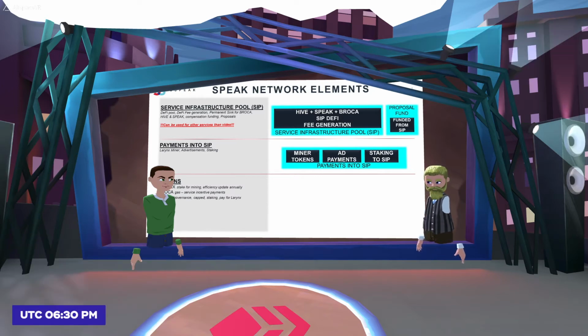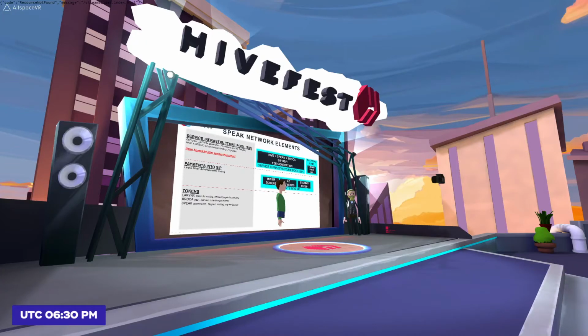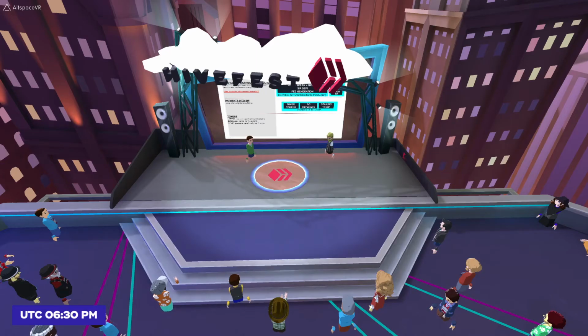To understand how the SIP generates funds, I first have to introduce you to the 3 tokens that power the Speak network. First is the Larynx token. This one's special because it's a miner token. It's fungible and you can stake it to mine on the Speak network. The more Larynx tokens you have,